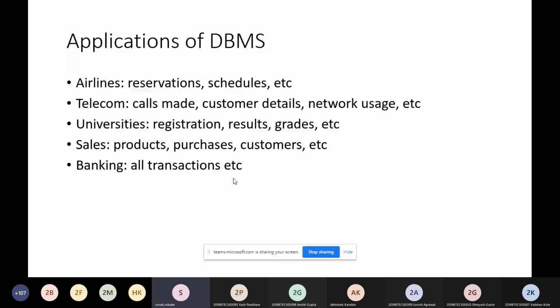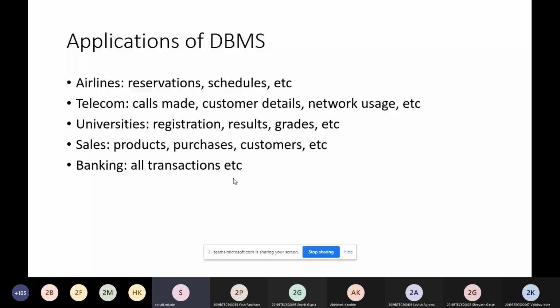First is airlines, where we use DBMS for reservations and scheduling. In telecom corporations, we maintain records of customers and calls. In universities, different students register for different courses, and we need to generate their results and grades, so we use DBMS.